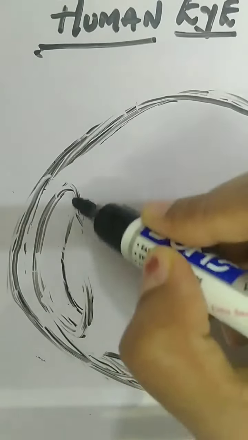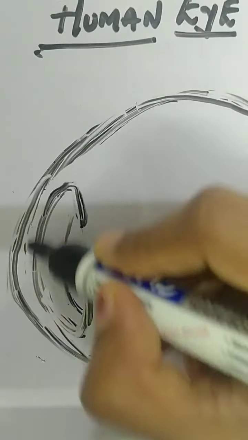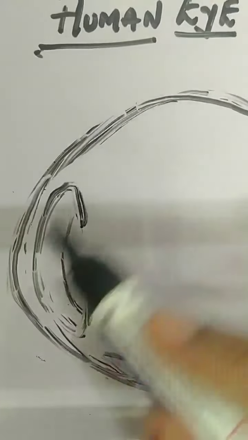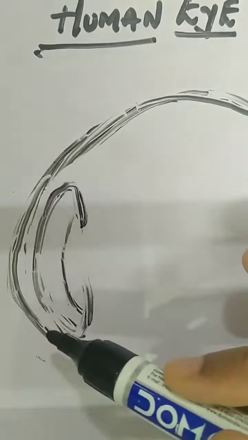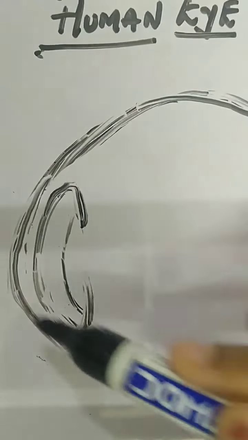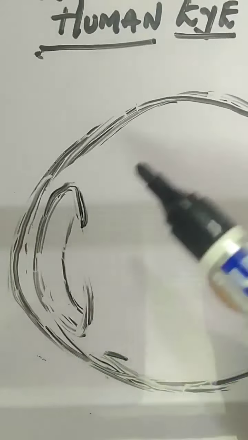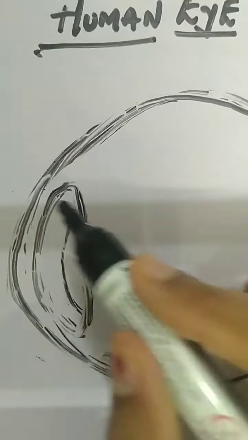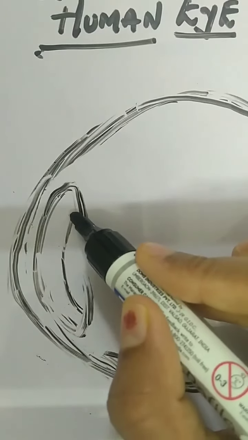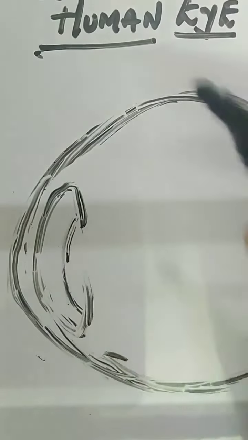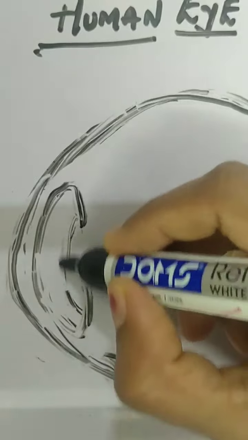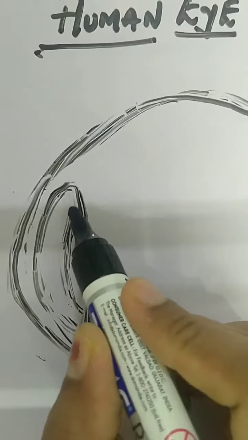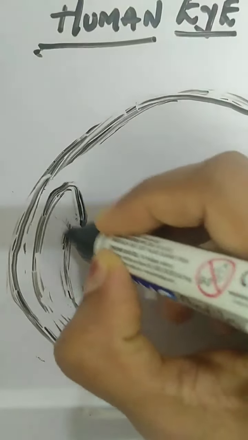Like a human ear. So we'll draw first a circle, then we'll erase the front side of the circle and we'll give it a bulge. Again we'll give a bulge, a little bigger bulge, and then we'll erase the middle part, and there we will draw an ear-like structure. And this part we have to keep it dark because this is the pupil, and this part, that is the ear-like structure, is the iris.